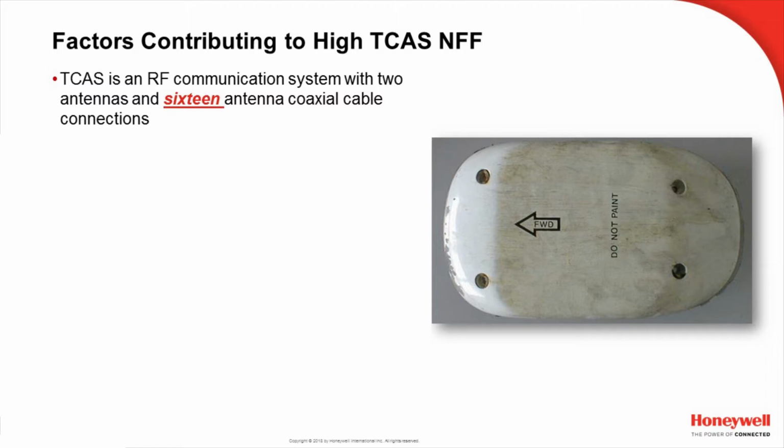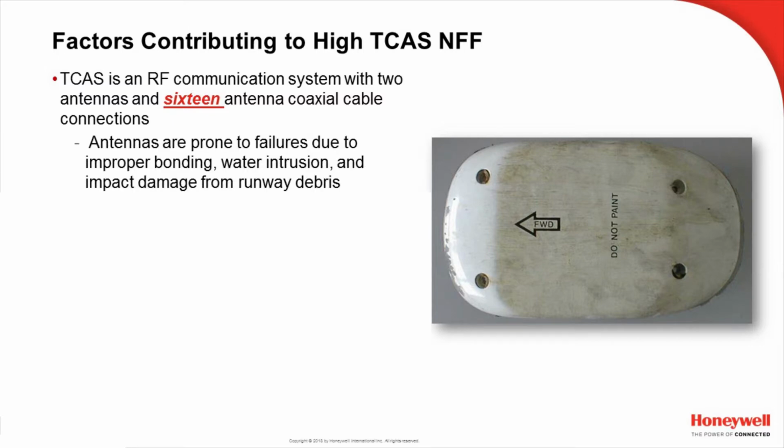Also, the TCAS antennas are large, they kind of look like a snowshoe. They're also prone to failures themselves for a number of reasons. One is improper bonding. When you install a TCAS antenna, be sure to comply with the maintenance manual procedures for proper bonding. And it's going to, again, depend on the airframe, so make sure you comply with the maintenance instructions. We need a good bond to ensure the proper RF radiation pattern. And if we have a bonding issue, then we can have deformities in the radiation pattern, and that will result in gaps in the surveillance area. And if there's gaps, then the crew will report aircraft not being tracked, and in this case, it's due to the antenna issues. Antennas also occasionally suffer from water intrusion,